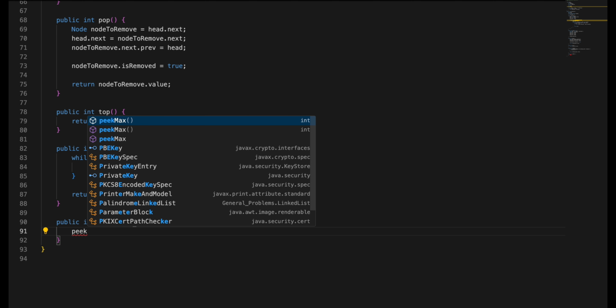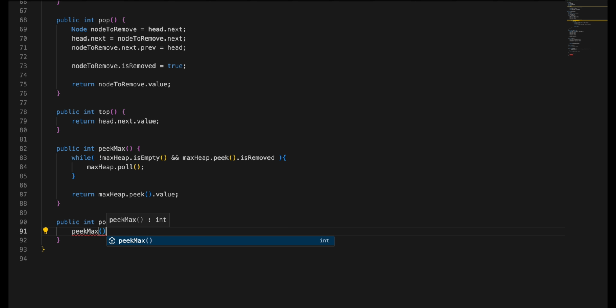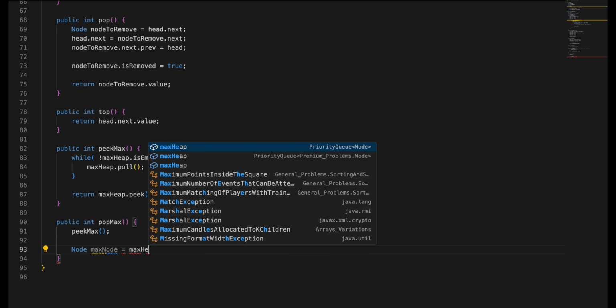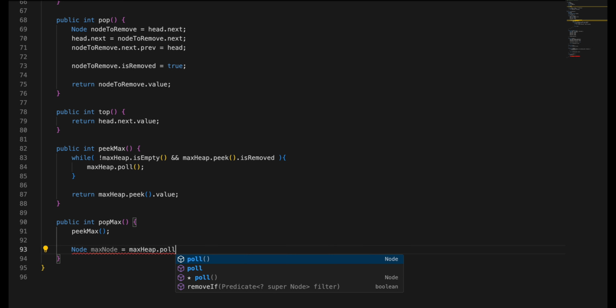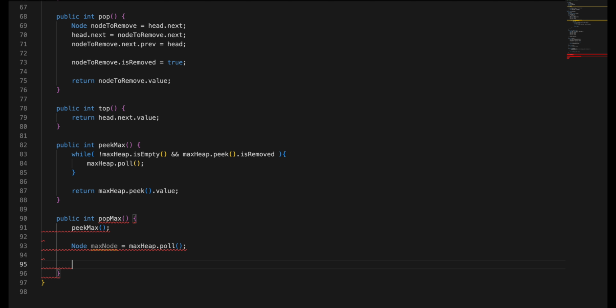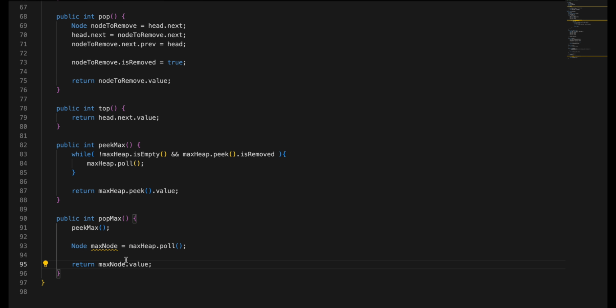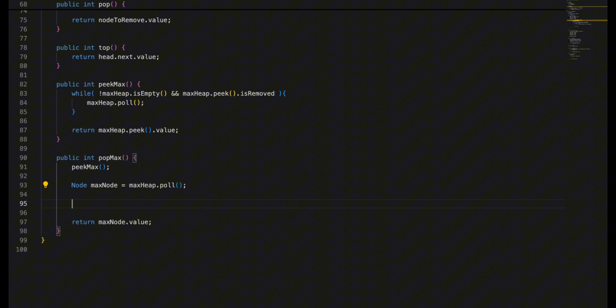So what we can do is we can call peekMax function here, and now the node is going to be the maximum value, so we can call it max node. It's going to be max heap dot poll, and at the end we have to return its value. It's going to be max node dot value. So here we have removed it from our max heap, and we have to also remove it from